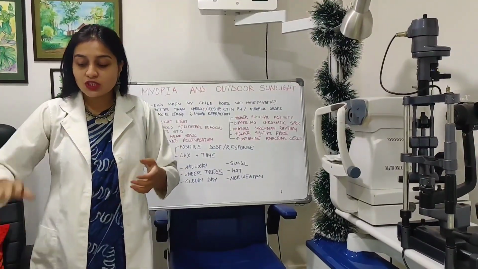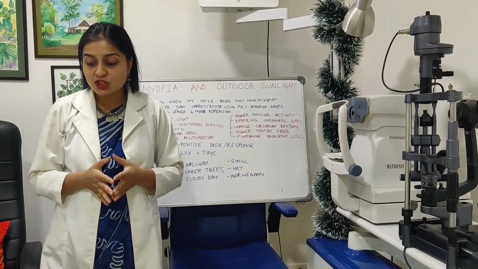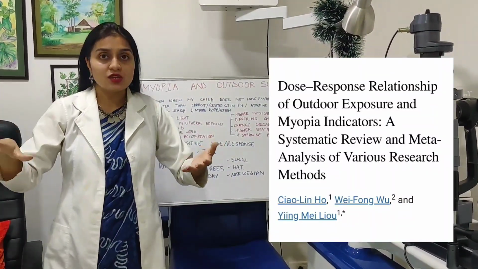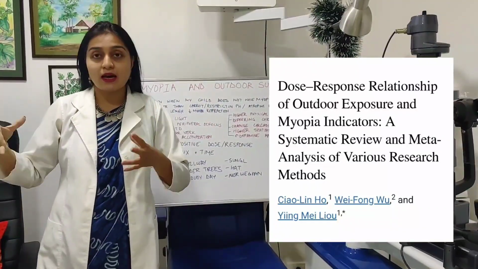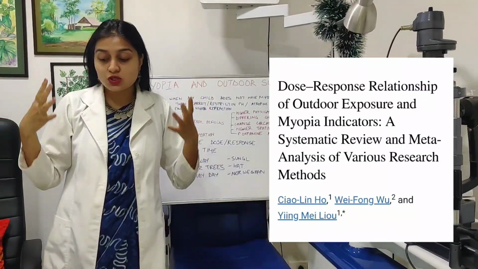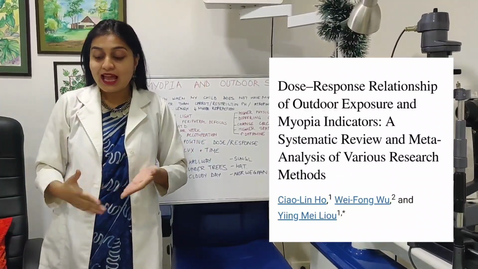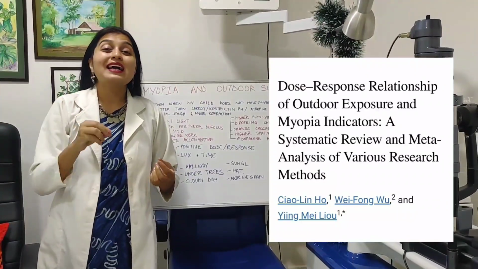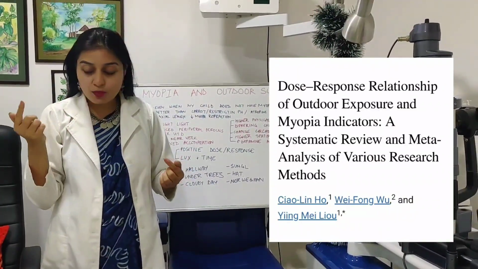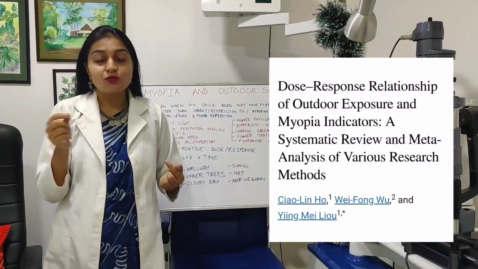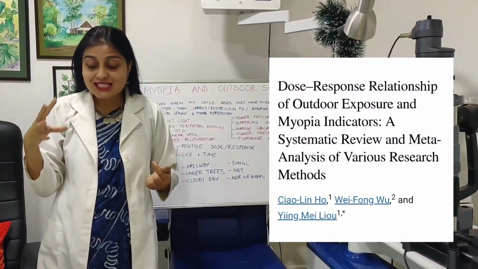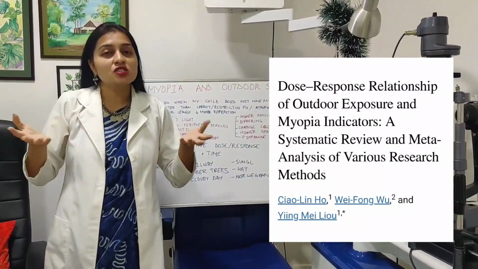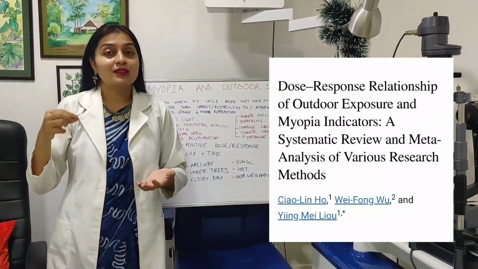So now I want to just go over this paper which is in the International Journal of Environmental Research, where they did a meta-analysis of 13 studies which had already been done and which had 15,000 students from the age of 4 to 14. And they found that outdoor sunlight time reduces myopia incidence, meaning the chances of getting myopia, by 50%. Would you not want that for your child? The second is it slows down myopia progression by 32.9%, which is almost 33%. Would you not want that for your child?